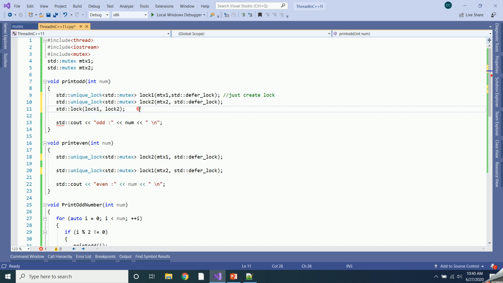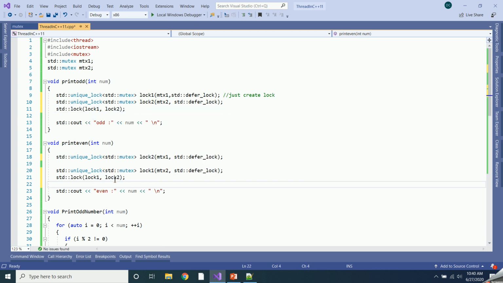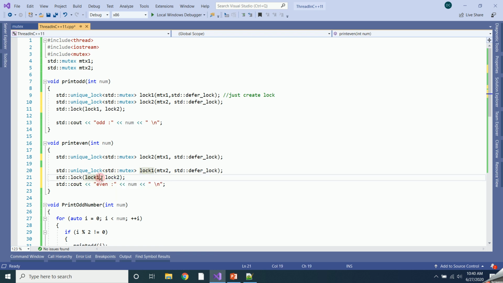Now if you change the order, like you acquire 2 first and then 1, it doesn't matter, because here just the locks get created and now we are acquiring both the mutexes at the same time. Both mutexes will be acquired at the same time, so the order does not matter over here. This is how you can solve the problem of deadlock.